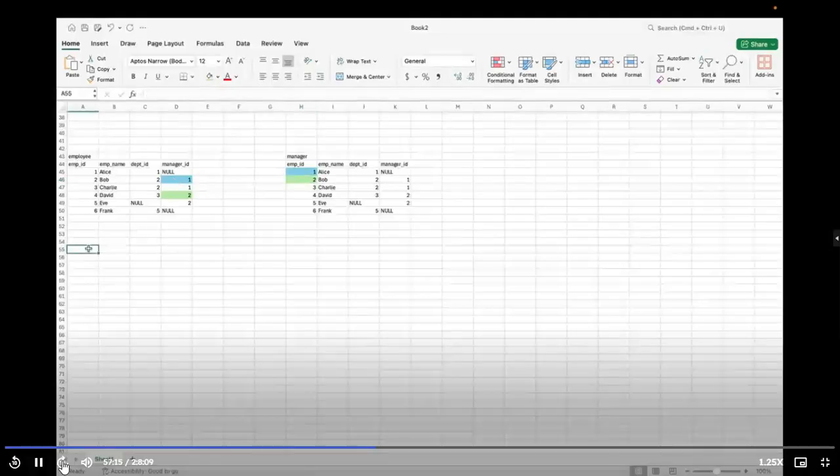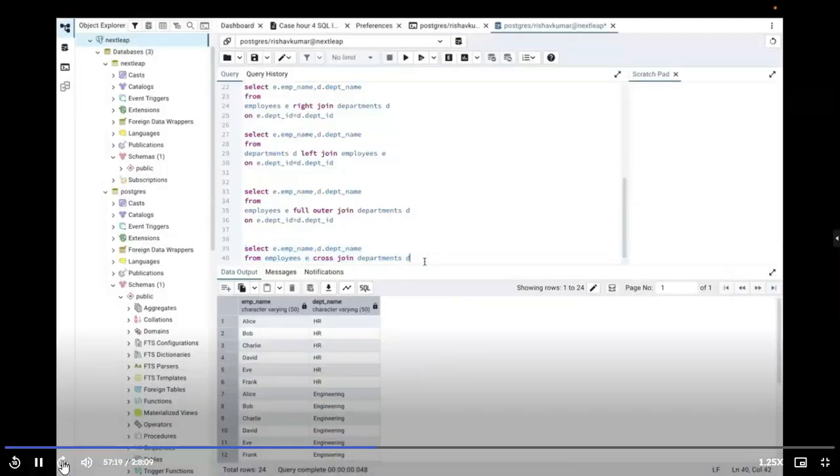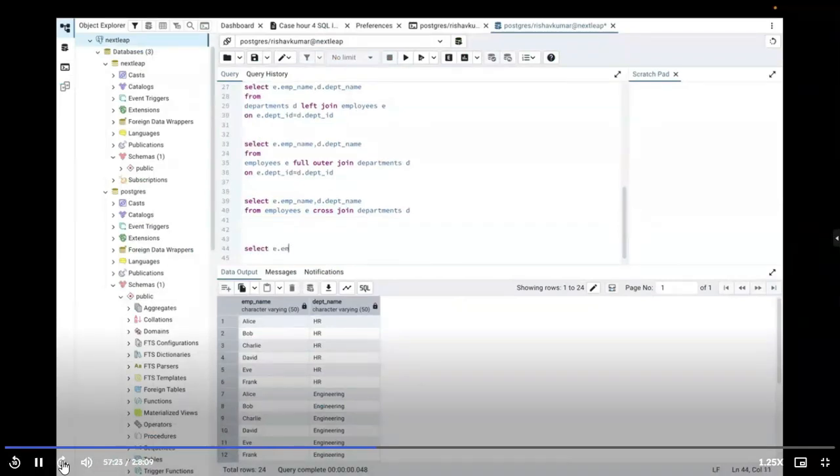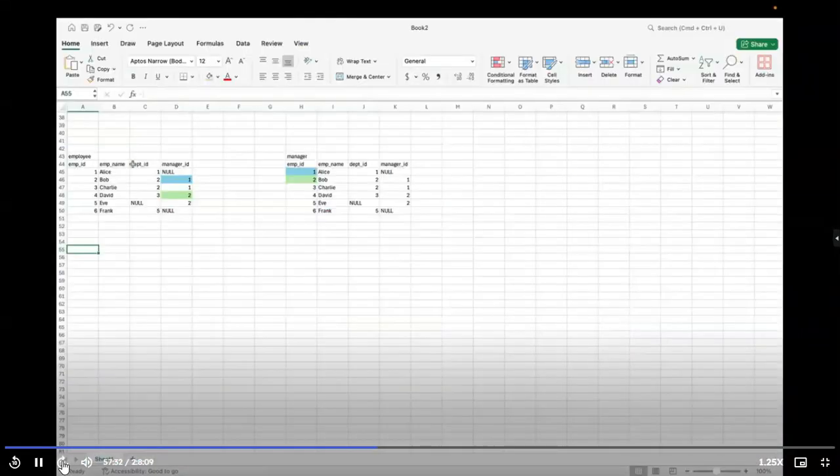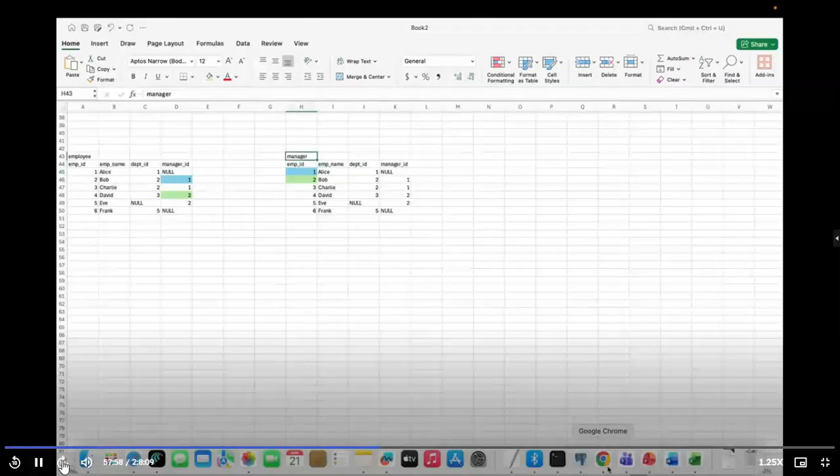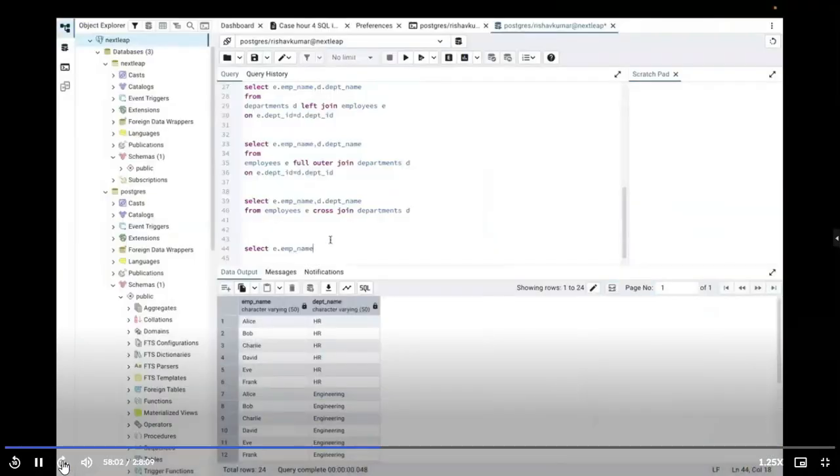Now how to write this? To do this, let me go back to this one. So what I do is select e.emp_name. Now, one thing I forgot. See, employee name and employee name, they both are the same. How will the end user identify which one is the employee name and which one is the manager name? To do that, I'll do a bit of aliasing. This one is equated to this one because this is the manager ID, and from here I'm pulling the manager name. From the employee table, I'm pulling the employee name, and from this table, I'm pulling the manager name. So what I'll do: e.emp_name as employee_name, comma m.emp_name as manager_name. From